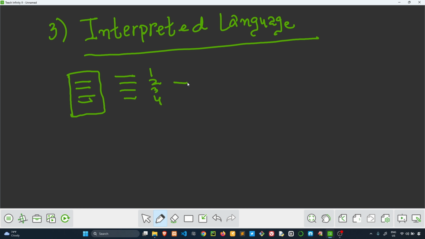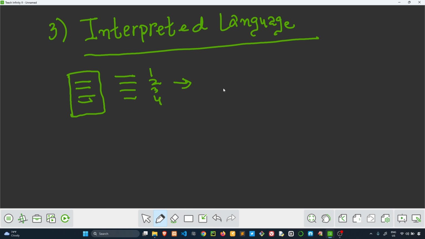So if you get an error, say you get a syntax error or any error at line 2, what the Python virtual machine does is it throws you an error when you run the code, or rather, it just highlights that syntax error at that line, and it tells you, hey, there is a syntax error at this line of code, and you would want to fix this for you to be able to run this code smoothly and without any errors. So that is what an interpreted language is, where the virtual machine of these interpreted languages checks the code line by line to highlight any syntax errors that you might have made